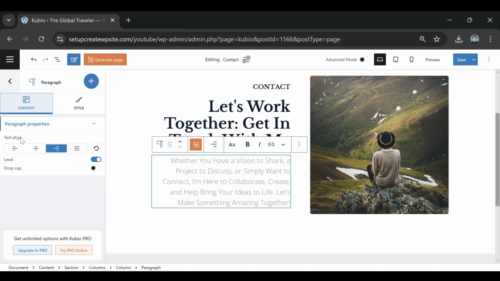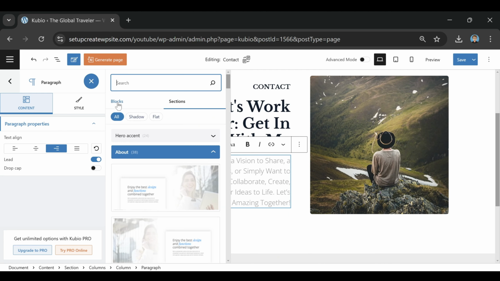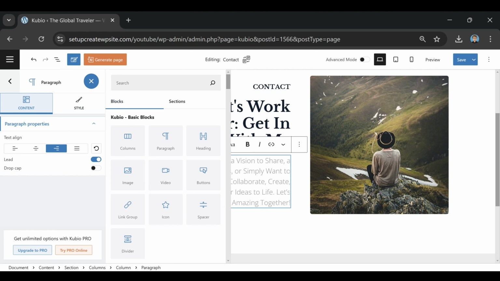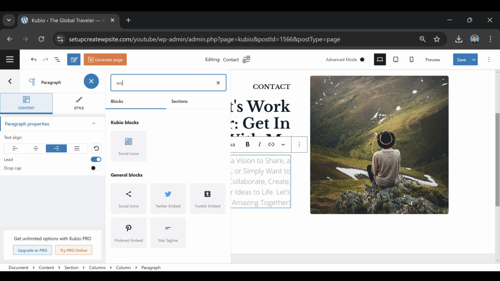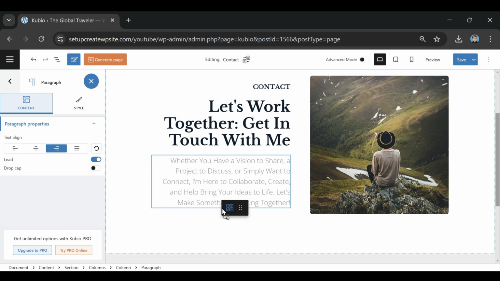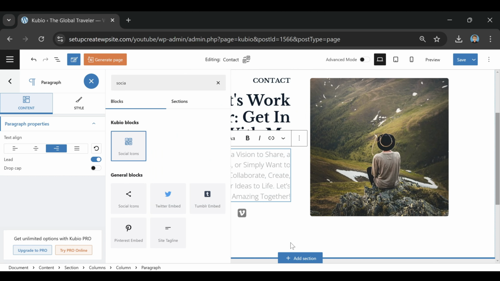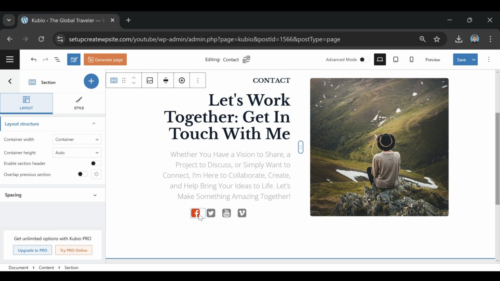click on delete, and then we're going to add some social buttons. So if we click on plus, we go to blocks, and then we type in social, and we click on social icons right here. Actually, we're going to drag it down here. And so now if you want to add in your Facebook or your YouTube, Instagram, whatever it is, you can